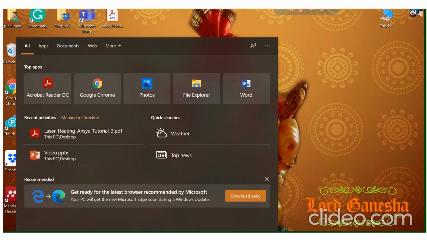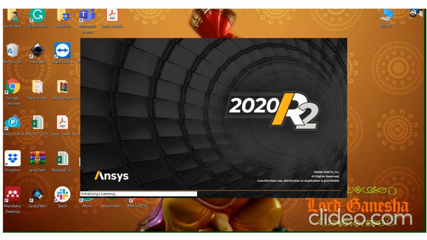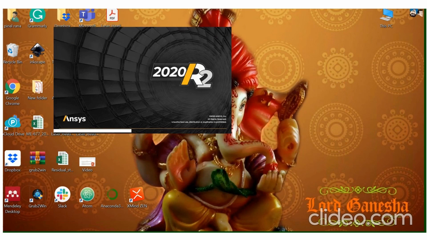For that, first we need to open Workbench 2020 R2. It may take a long time depending on your computer RAM and graphics.